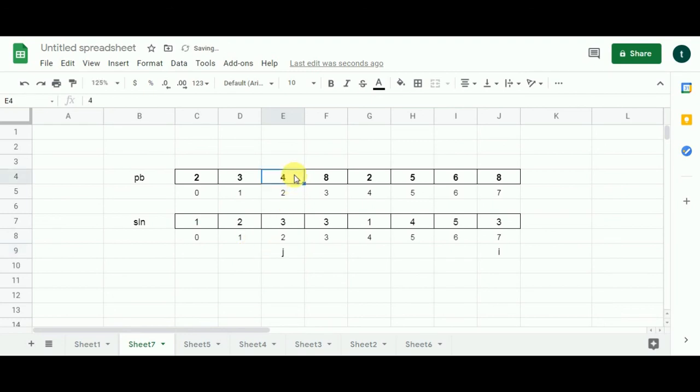J represents 4, I represents 8, both are even, condition not satisfied, nothing comes out of this iteration, failed iteration. J moves one cell to the right. Here we have 8, here also we have 8. I and J are both representing the same number. So nothing is going to come out of this iteration. J moves one cell to the right. J represents 2, I represents 8, both are even, so nothing comes out of this iteration as well.